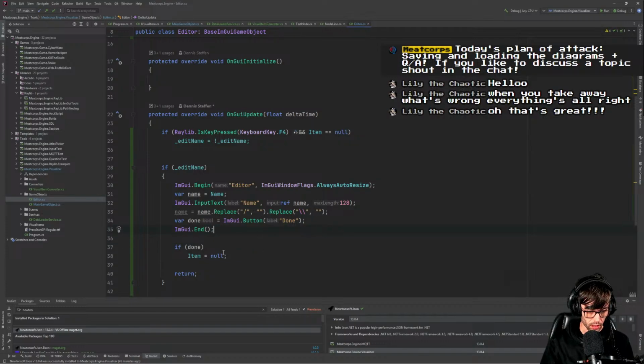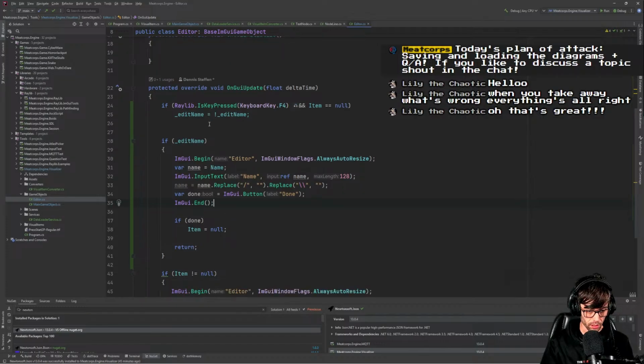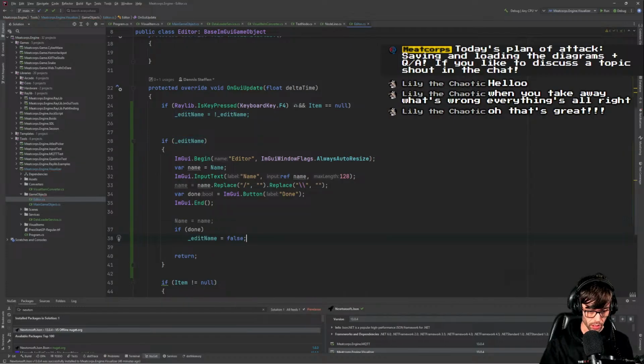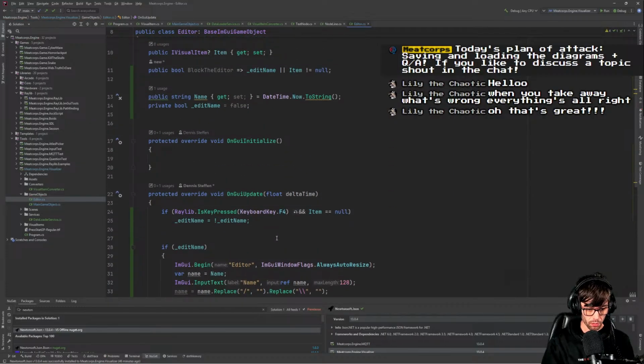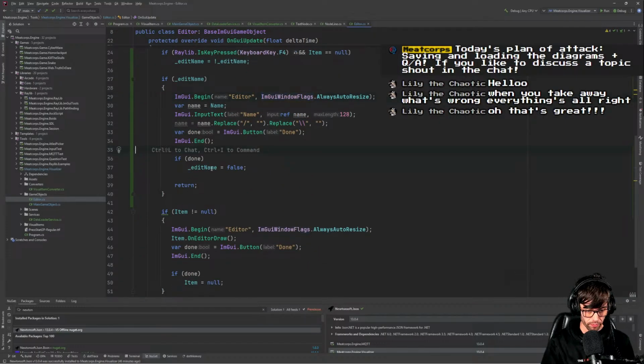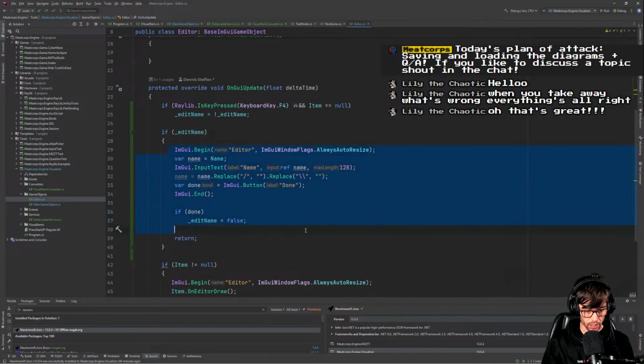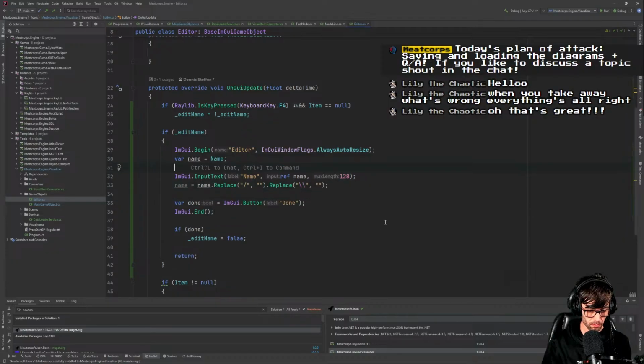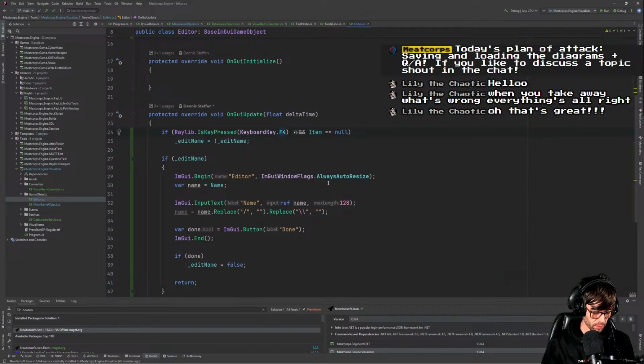Done. Then if the edit name is false. There you go. Cool. That's good. So now we have at least a way that we can edit the name with F4. It's going to be F2, F3. Yes. It's going to be